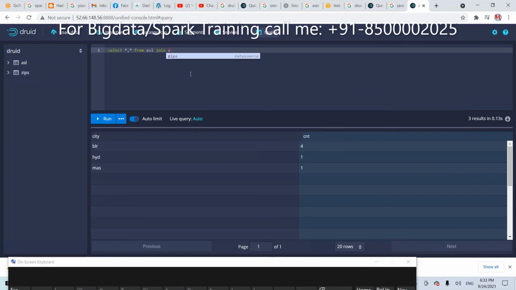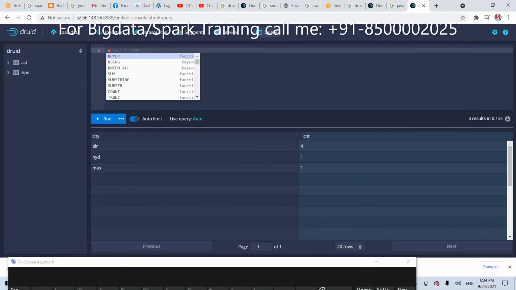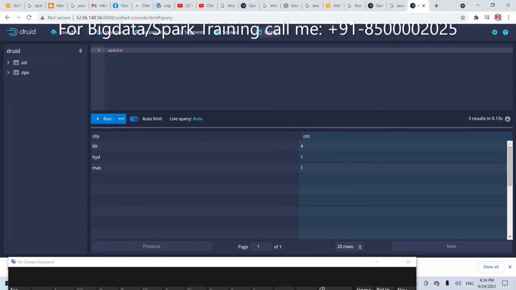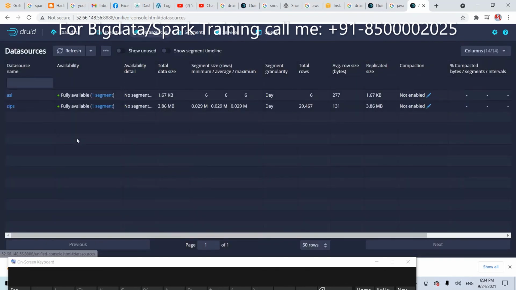Join GIFs. Unfortunately, there is no common column between these two, so I think ignore. But join is also working. But update, where is update? That's not available. As of now, updation is not available. Just a minute, I think still 2 only. Wait 5 minutes. That is a large amount of data. That's why at the starting time it will take a little time.